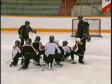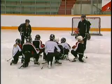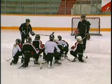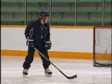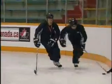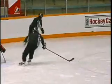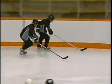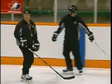In checking, it's important that you get a good angle. And we're gonna work on an angle drill here where the puck's gonna be in the corner. The player with the puck is gonna go get it and try to come up the boards with it. The player who's defending, we want you to get in on that player who's got the puck. You have to close the gap quickly. You have to get there in a hurry, but you have to be careful you don't go in a straight line. We want you to go in an arc, and we want you to get up beside them and skate